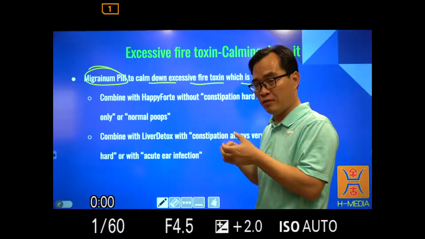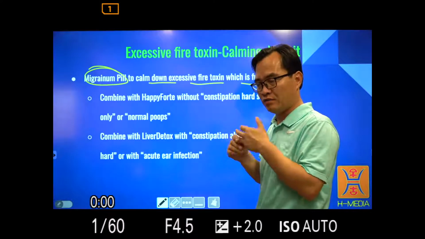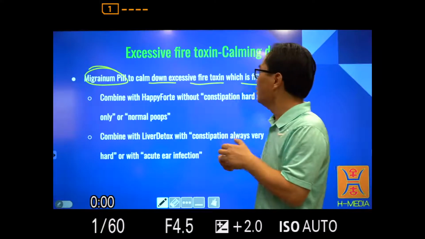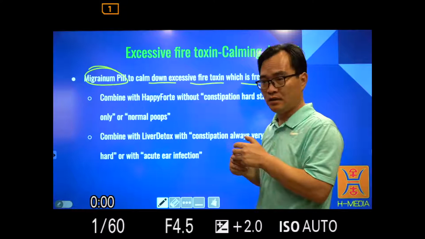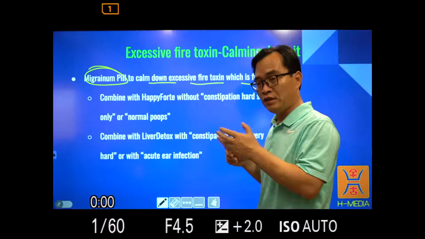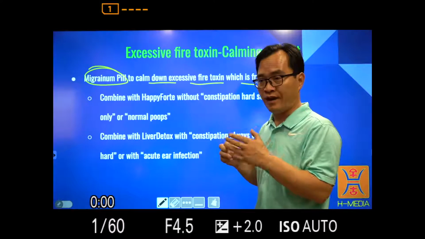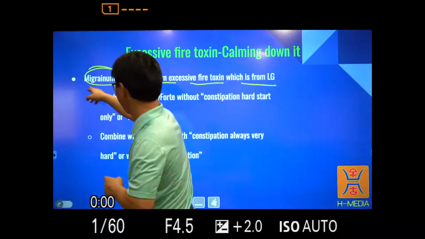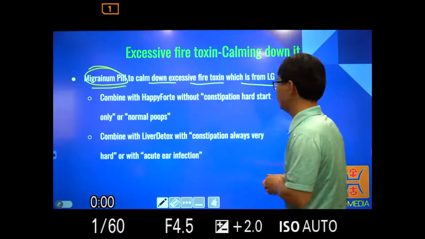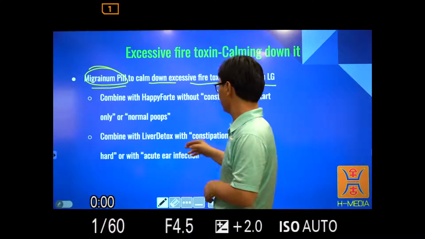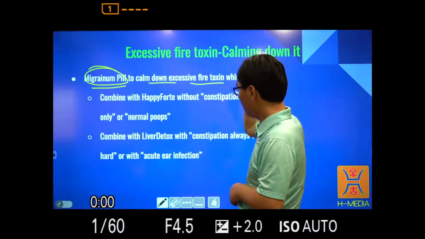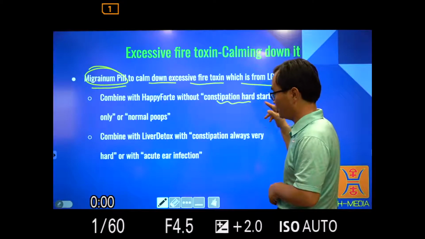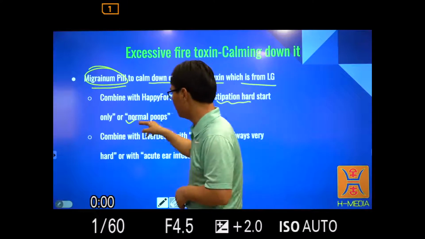And the major formula for helping this is migraine pill. Migraine pill is for calming down the excessive fire toxin, and for calming down the internal wind, which is from the excessive fire toxin. So it is the major formula we will use. And if the people have constipation that is hard start only, or even with normal pulse,